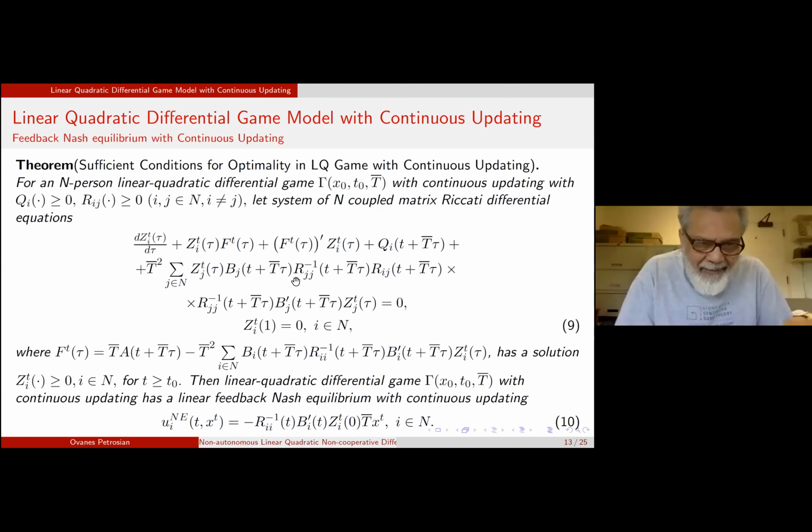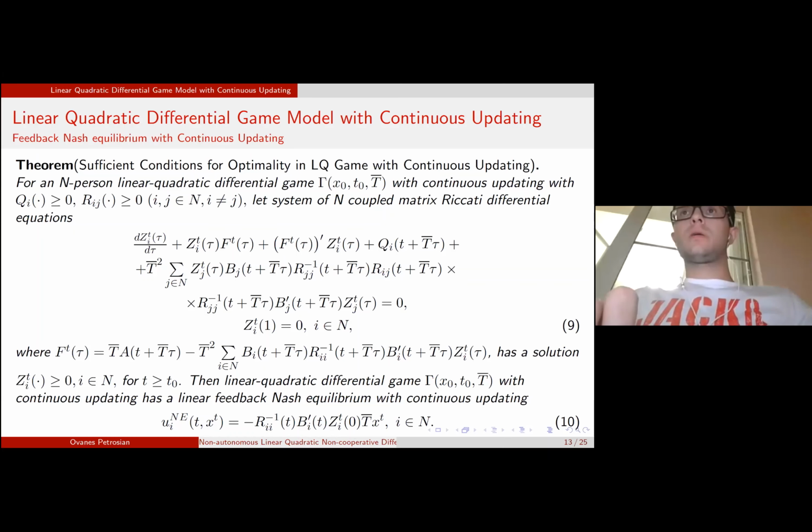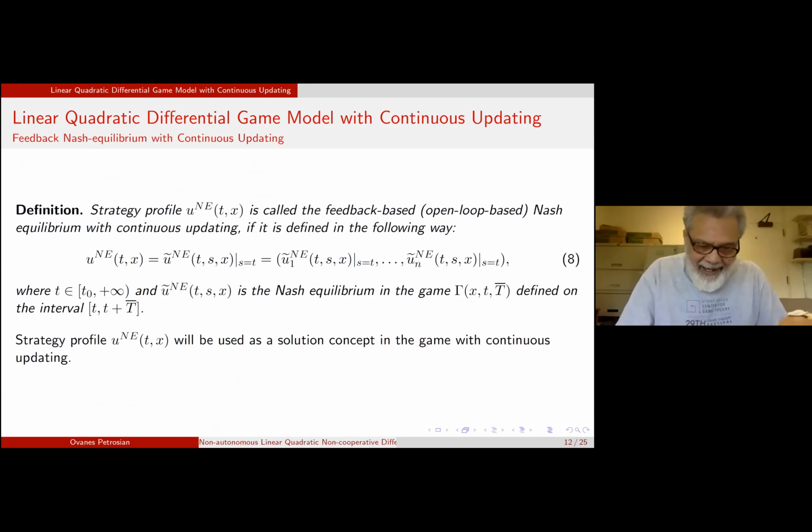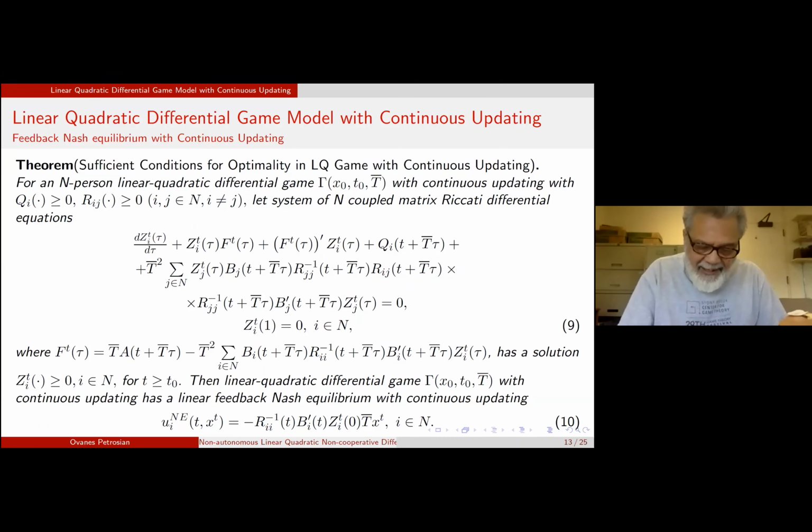Sorry, yes, can I ask? The mathematics is getting very heavy for me, but let me ask you an intuitive question which will help me. You see, at time t, I can only look forward to t plus t dash, yes? But I also know that once I move a little forward, I'm going to get more information. So am I foreseeing the fact that I will keep getting more and more information and taking that into account when I take a decision now? Or how forward looking am I? Or how myopic am I? Is my question clear intuitively?